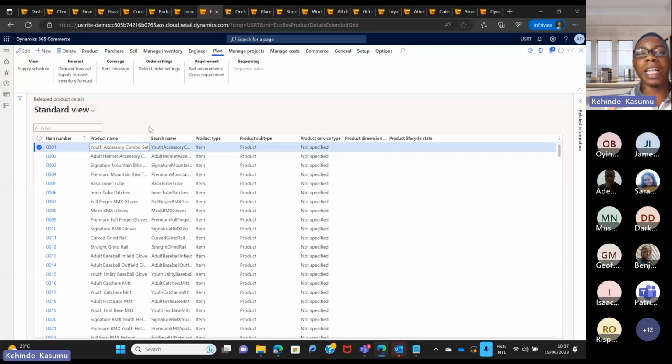So that's just an overview of some of the finance functionalities. We have other things that we are not going to go into today, because we just want to talk about the things that relate to commerce, right? We have fixed asset management, we have expense management, cost accounting, and so on.